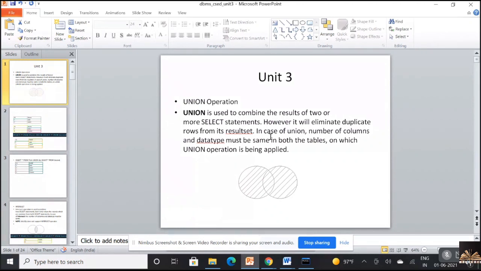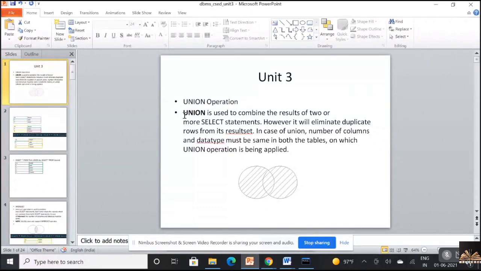Whenever you want to combine the results of two or more select statements, you are going to work with the union operator. Both the tables should be union compatible. I've already covered that in the relational algebra part.